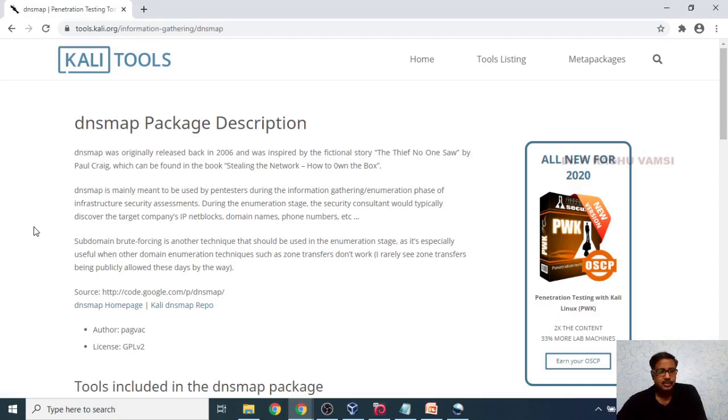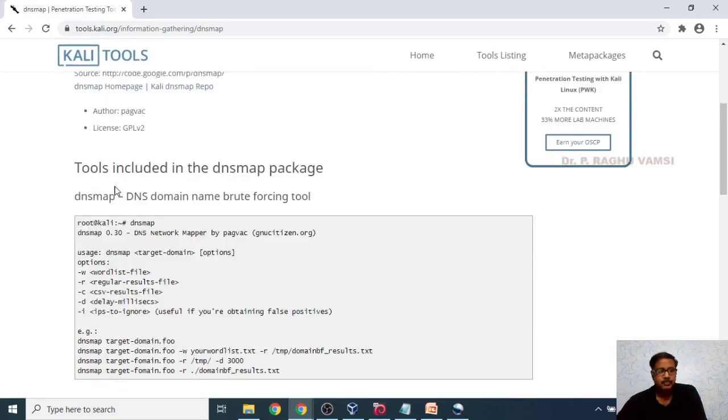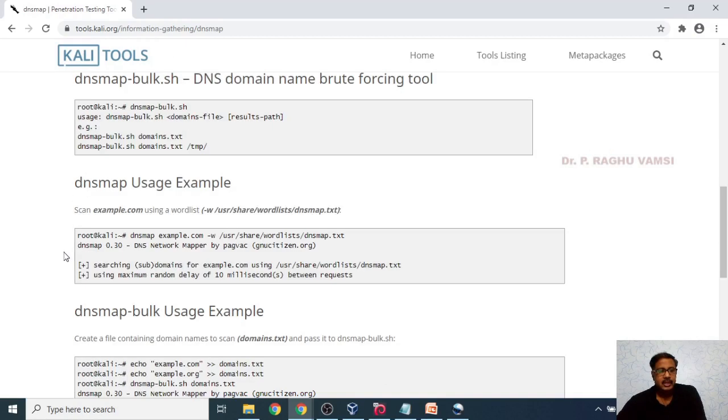It gets the domain name information. Actually this is a brute forcing tool. Brute forcing means a straightforward attack.